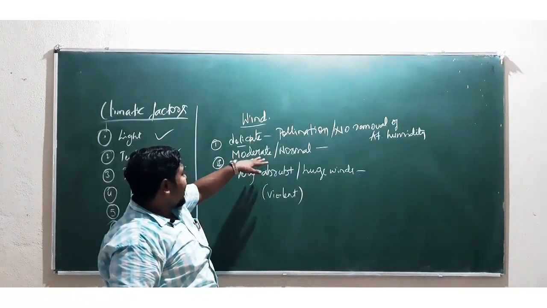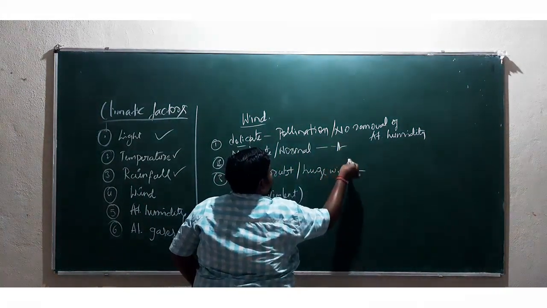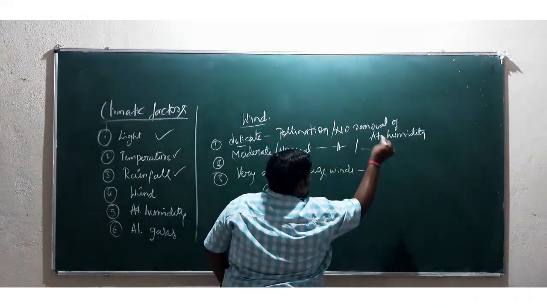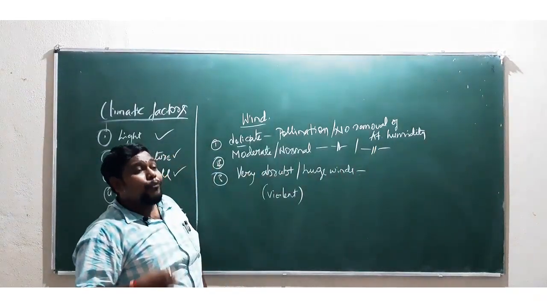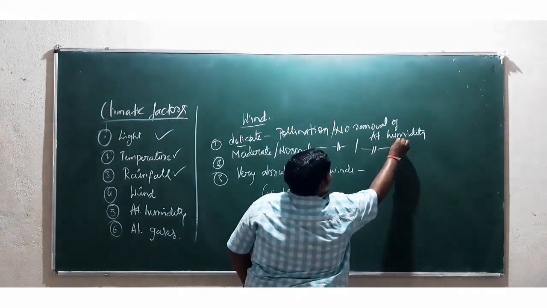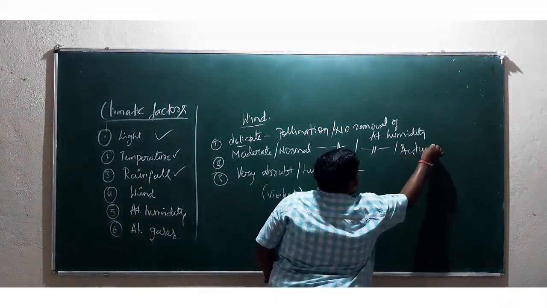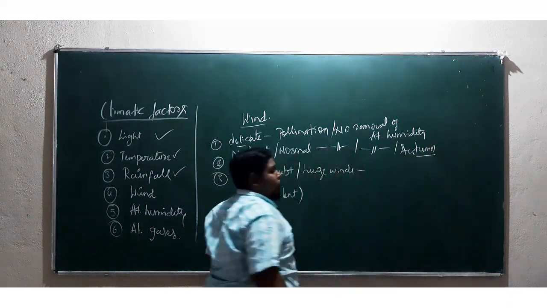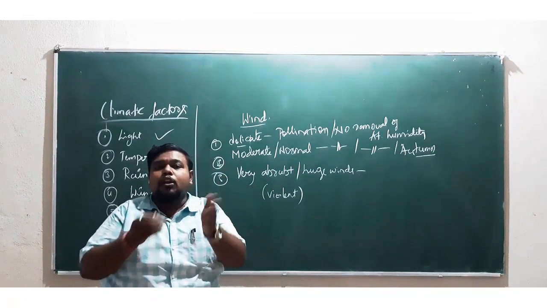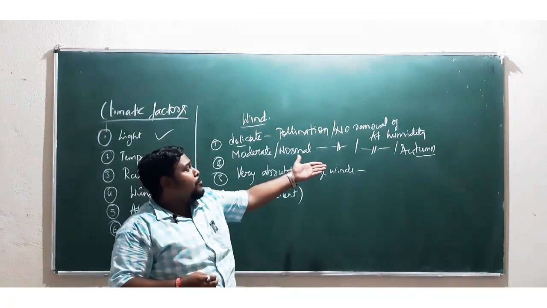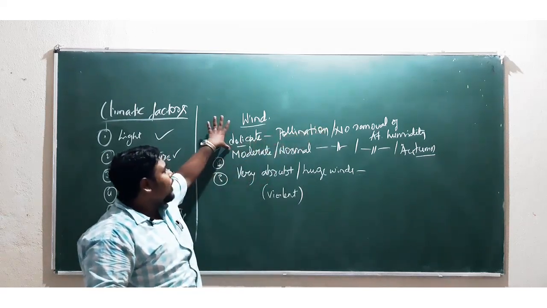And when you come to the second one, that is moderate or normal wind, again this also helps in pollination, and here also no damage to the atmospheric humidity, and there is another thing, that it may help in the autumn period for the falling of leaves. That may be helpful in the autumn period for falling of leaves, and this may be helpful for the plant in this particular way. Along with that, the two things I said in case of delicate wind.